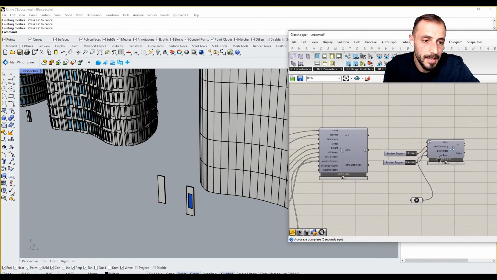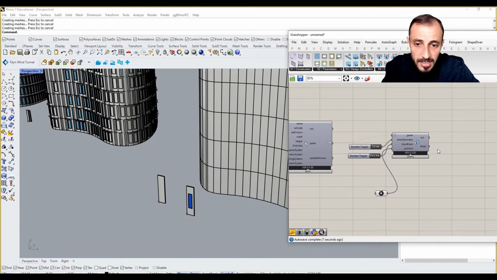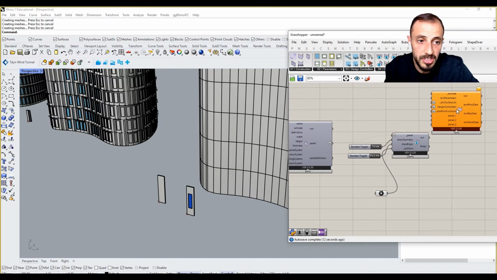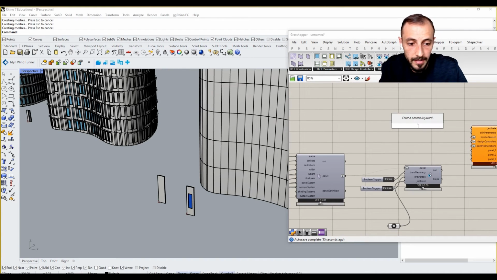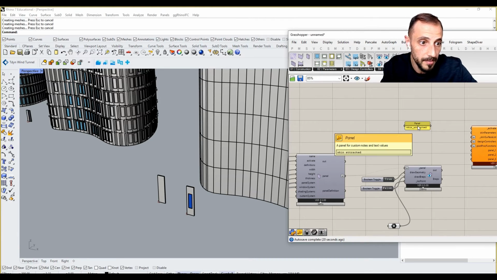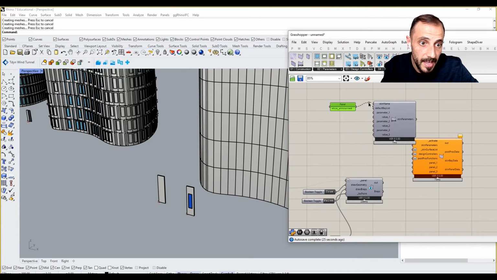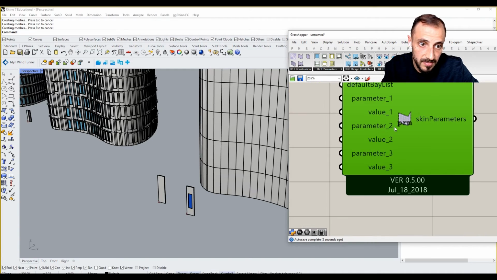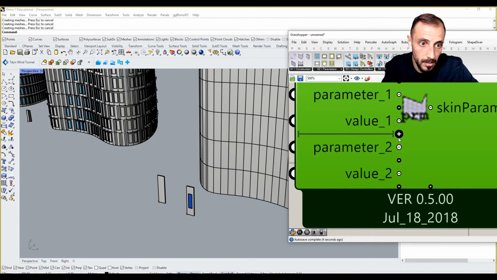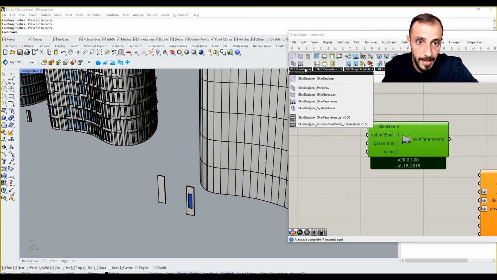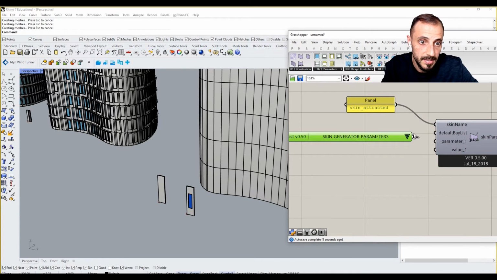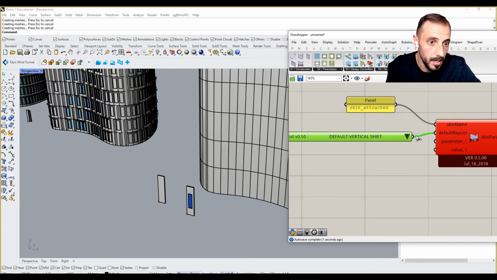So one other thing that we are going to do now is, based on this panel, we'll be creating our skin, right? So I come over to skin generator, and I'll be putting skin attracted as the name of it. And if I go to skin parameters, skin name, default playlist is, we are going to still have one single panel, so we don't need to worry about that. Skin parameter list, we can have the default vertical shift, sorry, not this one